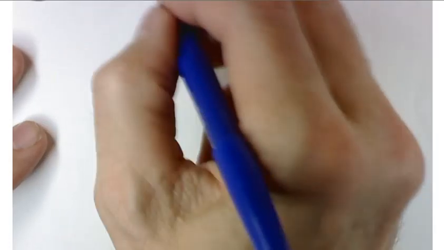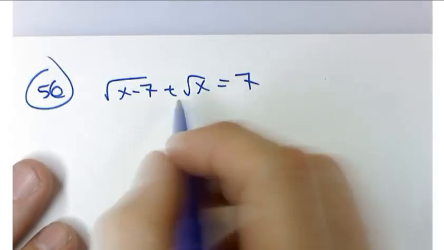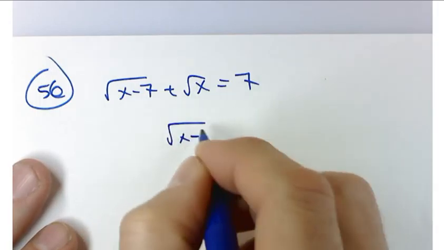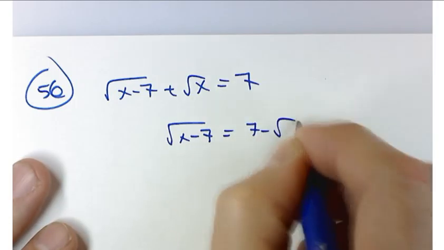Square root of x minus 7 plus square root of x equals 7. The challenging thing about this one is that you've got two square roots to deal with, and you can't get them both by themselves at the same time. Now you can move the first one or the second one into the right hand side and get 7 minus the square root of x,